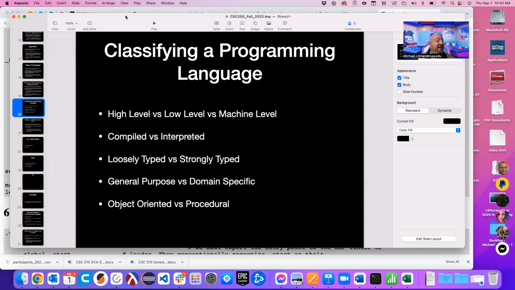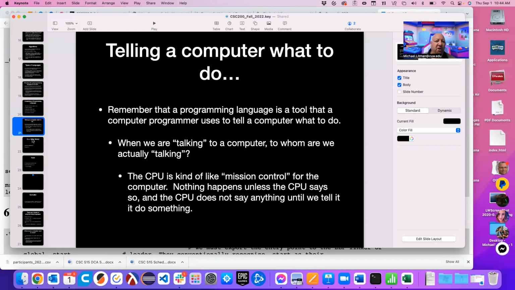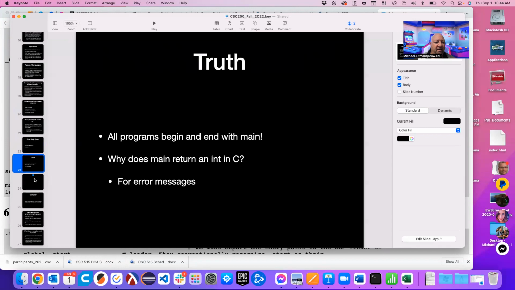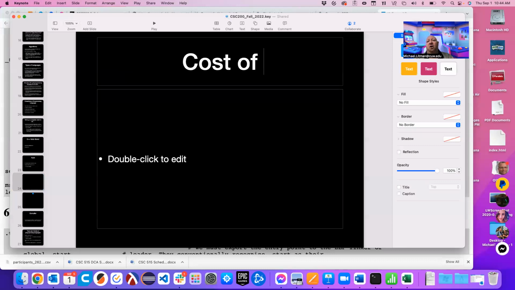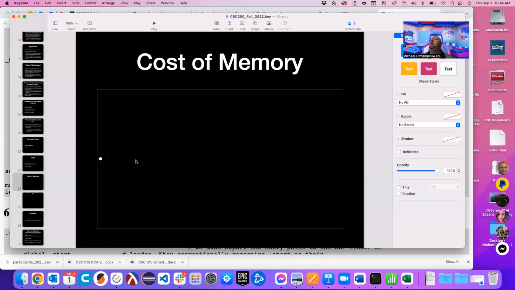But in any case, today we have a lot of memory available to us. Now, the reason I say that the idea has changed is, and I'm sure we'll bump into it again here, but I'm going to go ahead and write it in. We'll write it in this slide right here, because it tells us a story. The cost of memory. So I'm saying memory used to be really, really, really expensive.